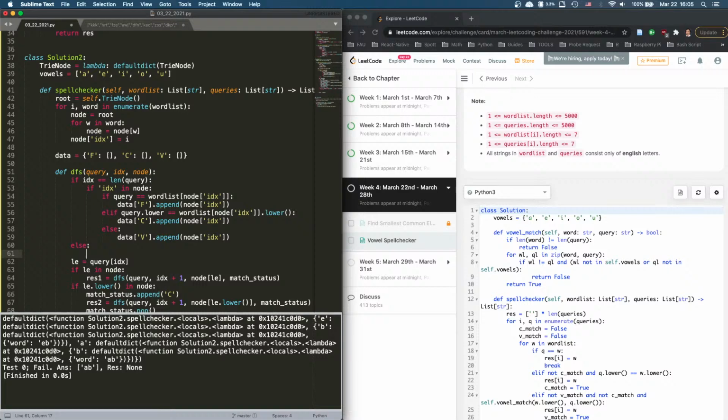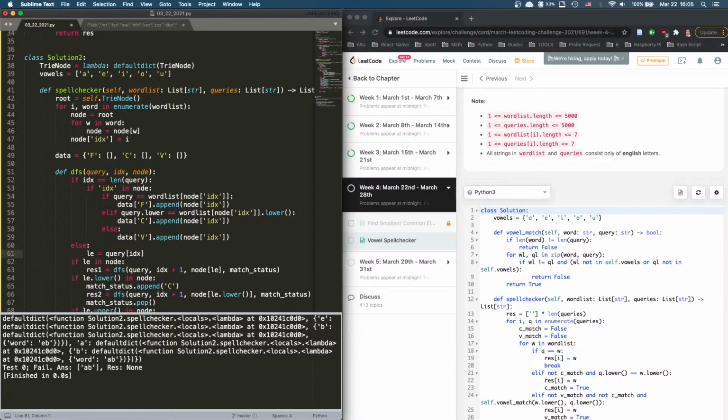Else, which means if it's, and then we don't do anything. Right. So else is when it's not, then we're going to decide which one we're going to go. So we're going to first get the letter. The current letter is this, right? Now we say